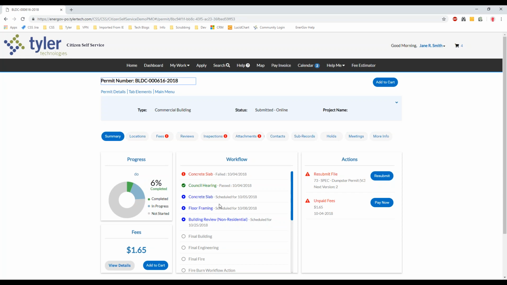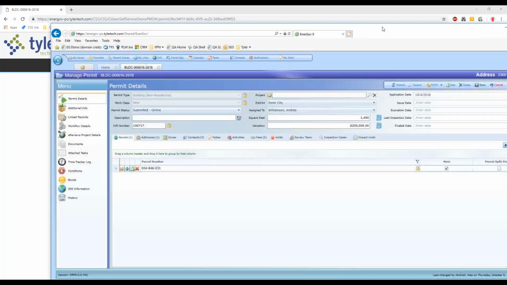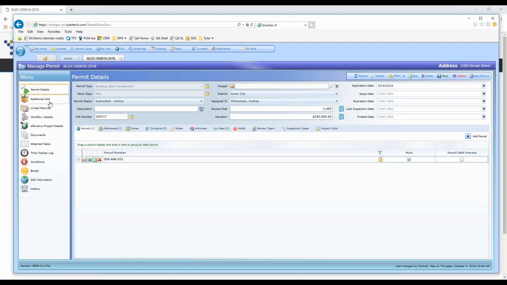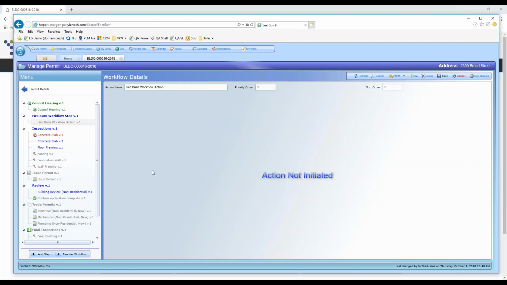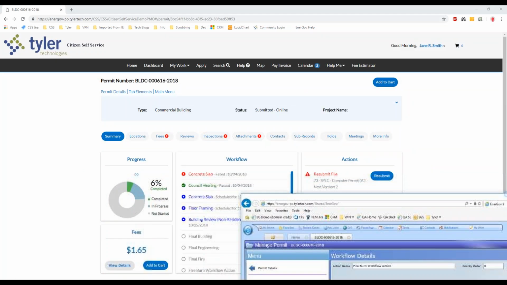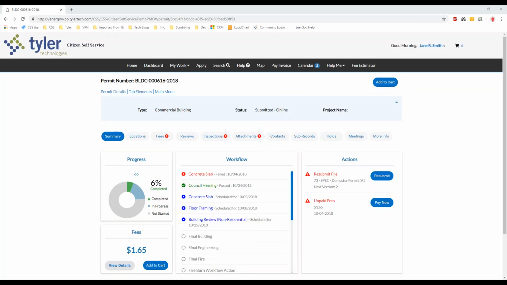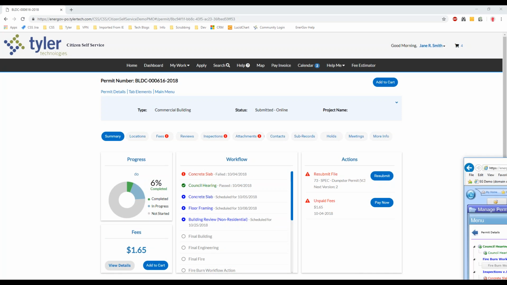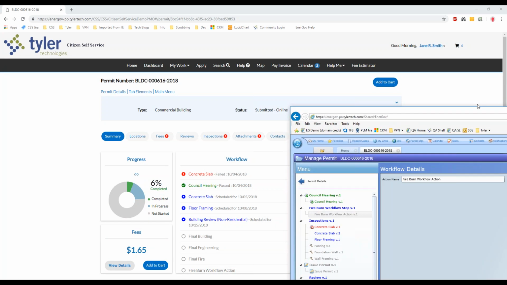If you happen to have one of those, then it will simply say started and won't have a date associated with it. Now, for this, I have a couple of things to show. Here's this record in EnerGov itself, and you can see the parts that have been completed, that's failed, that's been started again, another one that's been started. It's a little bit different compared to what the customer sees, because for the customer, again, we want to give them that timeline